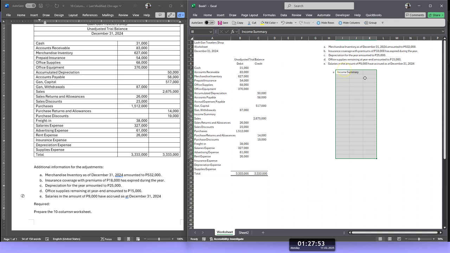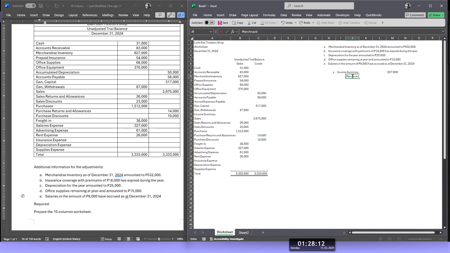Okay, income summary, and the amount is 627,000. So this is the standard entry to close the beginning balance of the merchandise inventory, and then credit to